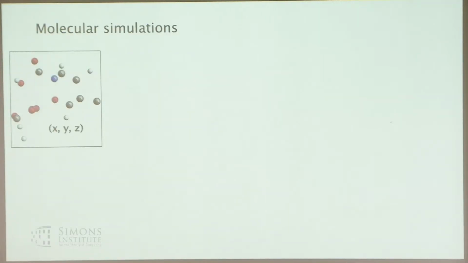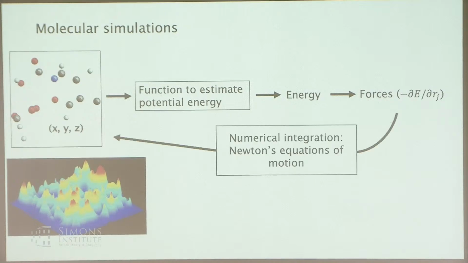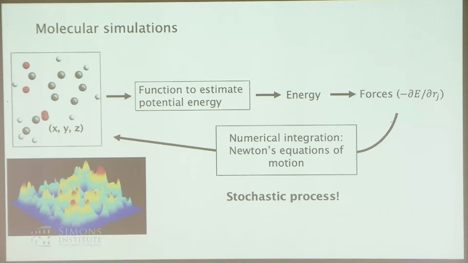So, a very general overview of molecular simulation. I think I can go reasonably fast through this since, again, there have been a lot of talks touching on some of these common themes. If you have some type of molecular system, typically this is something on a potential energy surface, and you would like some function to estimate that potential energy surface. You could get energies and you could get forces from that. Then you can do some type of numerical integration with your favorite symplectic integrator, integrating Newton's equations of motion to get the next time steps. The key point here is that this is all a stochastic process, so we are thinking a lot about distributions when we do this full cycle.